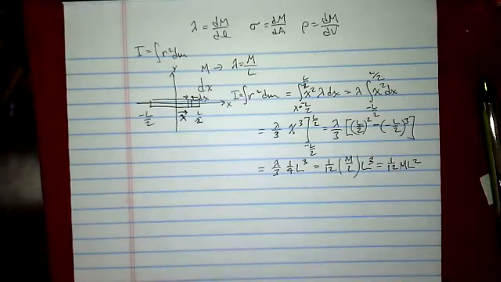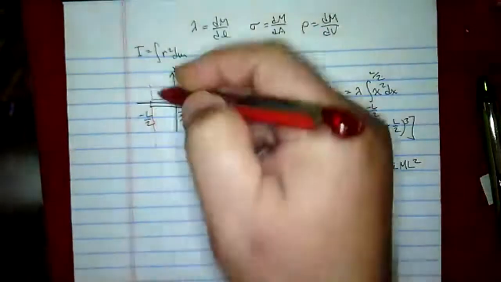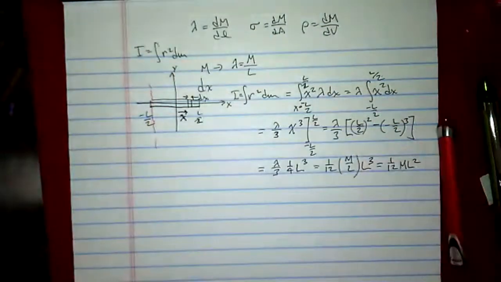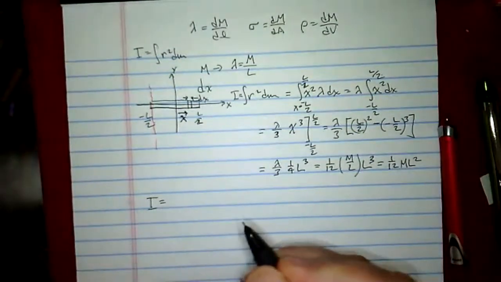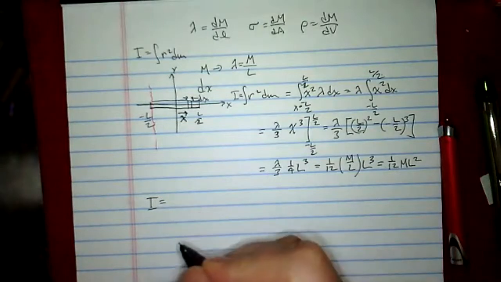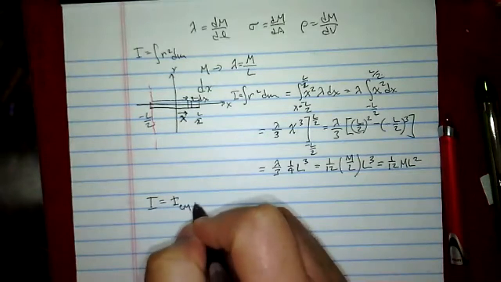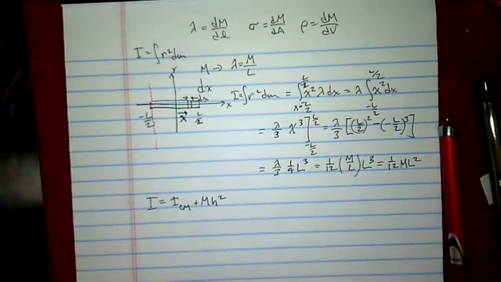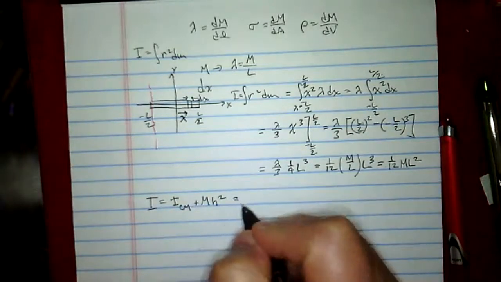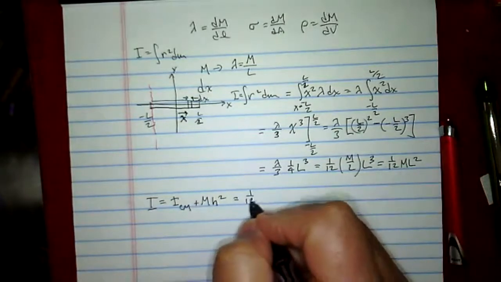Now, let's say we actually wanted to integrate it as if this is the axis. So what if the axis is rotating along the end? That's the y-axis, and we're doing it that way. Well, the parallel axis theorem says the moment of inertia about any point a distance h away from the center of mass is just given by the moment of inertia about the center of mass plus m times that distance h squared. So according to this, I should be able to take my center of mass calculation, which is 1/12